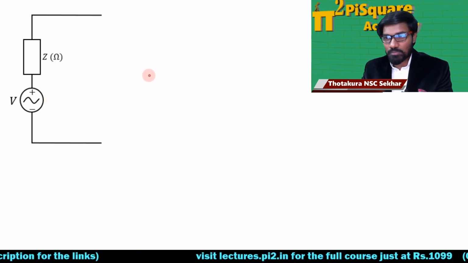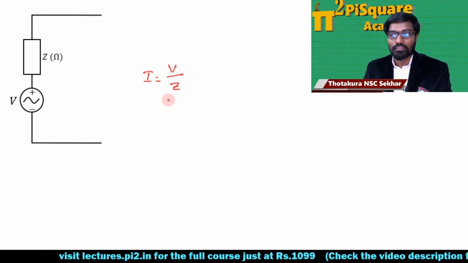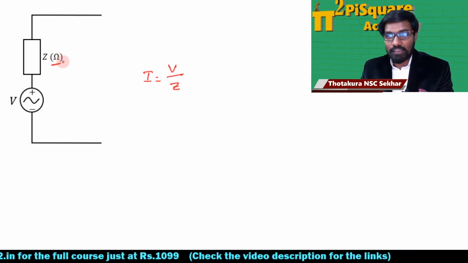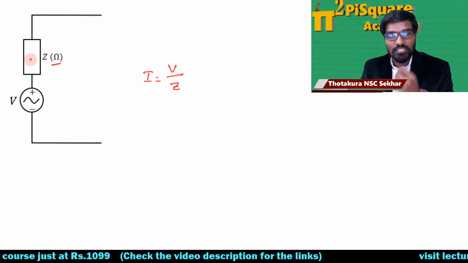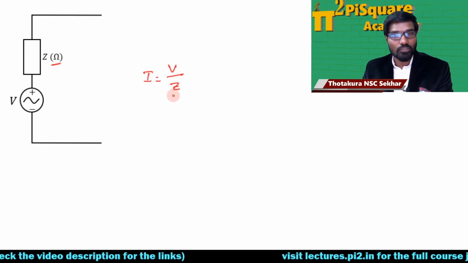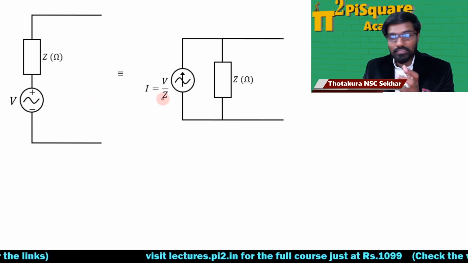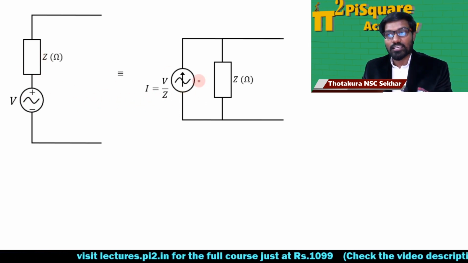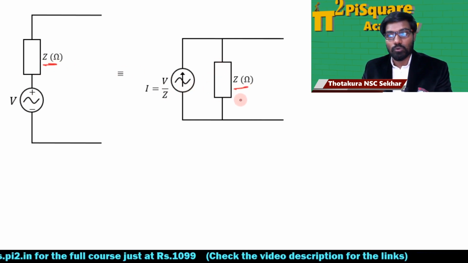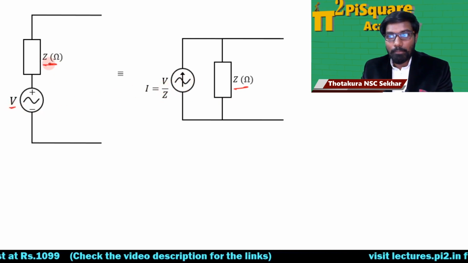Okay, it's just the direct principle, Ohm's law. I is equal to V by Z. Because we have impedance, it is in ohms. Careful, once you have it in ohm, whatever it is, maybe resistance, impedance, inductance, the unit is in ohm, then use this V by Z. Direct technique. So this is how the equivalent transformation from voltage source to current source works. In parallel, whatever the value is there, the same value will be here in ohm, and this current source value will be the voltage value divided by the impedance value Z.